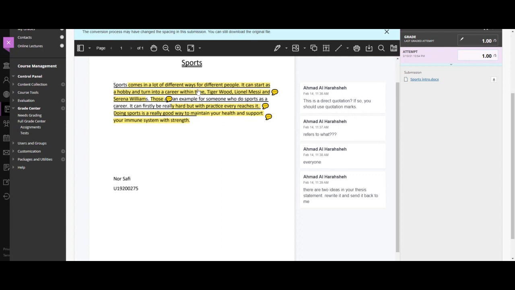Now, if this is a direct quotation, and I'm doubtful about this, because there are a lot of grammatical mistakes, and it must not be a direct quotation. If it is a direct quotation, you should use quotation marks. Okay, Noor, what we are doing now, I'm not criticizing Noor, wallahi, nor Ahmad, nor Zainab, nor Ayatullah, nor